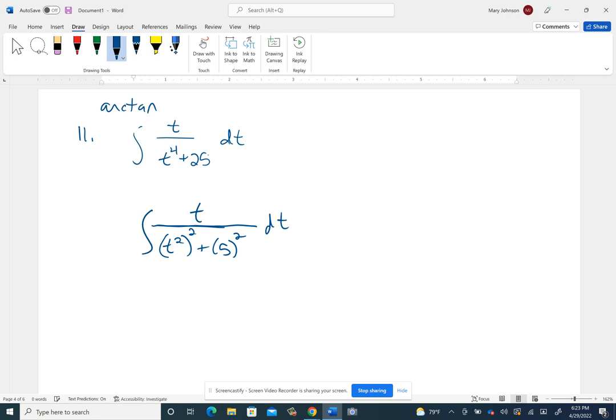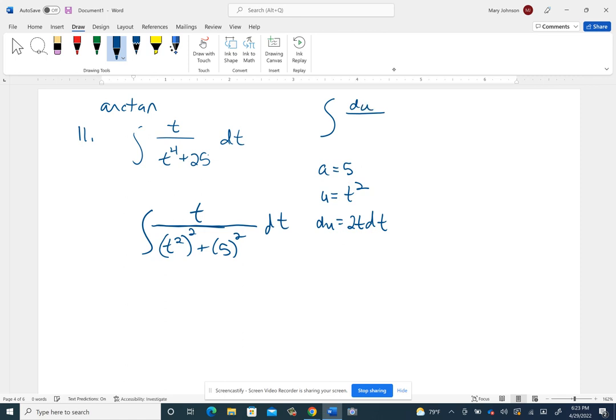All right, so this is what I've got. So that means my u is going to be t squared. My a is going to be 5. Du would be 2t dt. Okay. All right, now the formula for arctan, we did it earlier, has that if you had